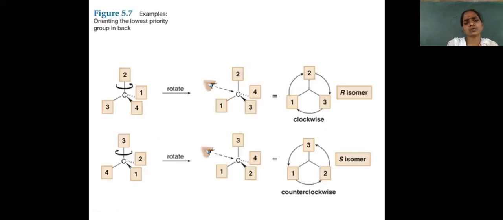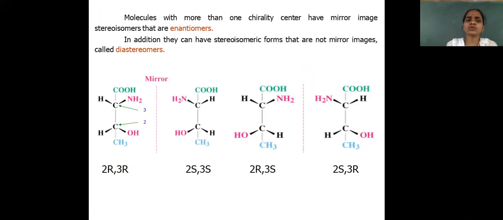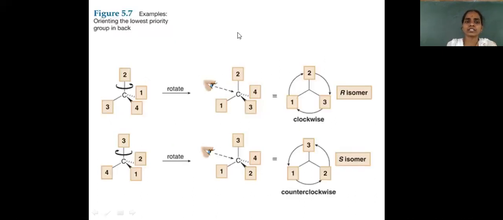Even this is applicable to compounds having two chiral carbons. These are some examples, even for isomers consisting of two isomers. So these are some of the topics covered in stereochemistry. Now we will deal with a